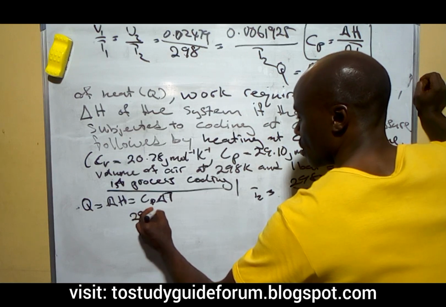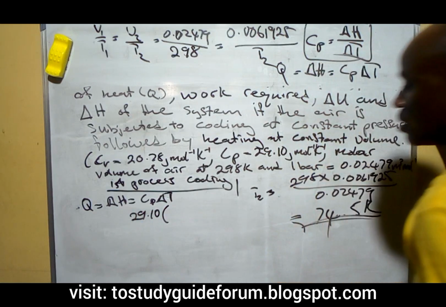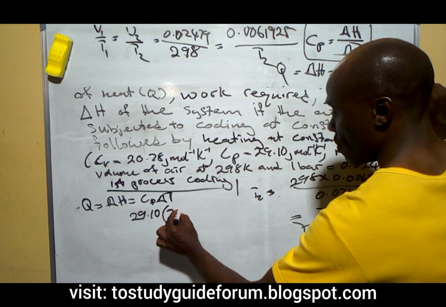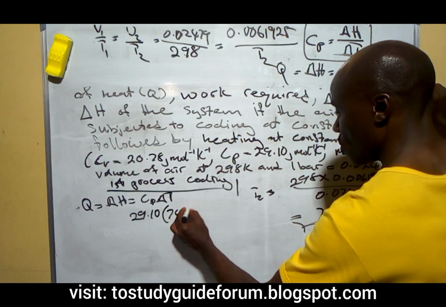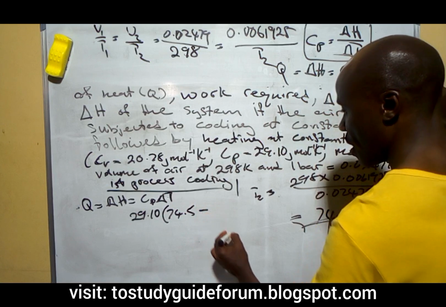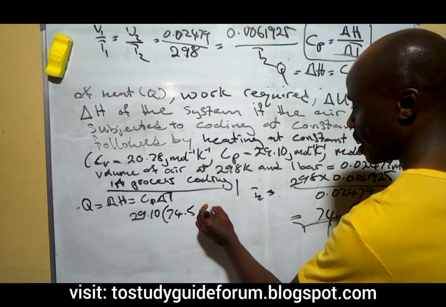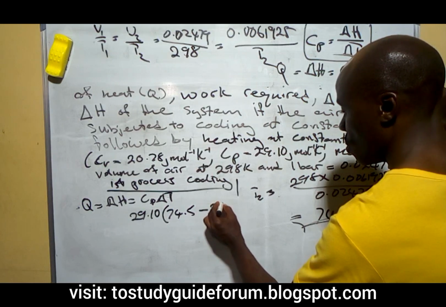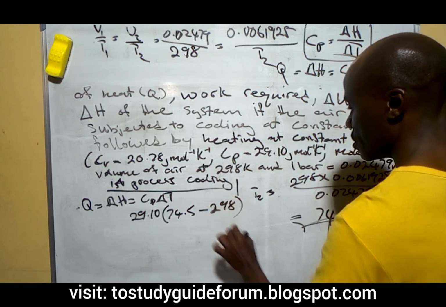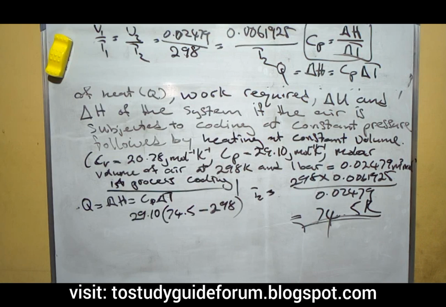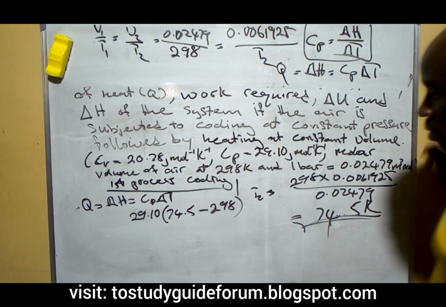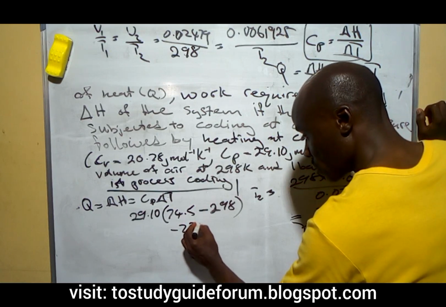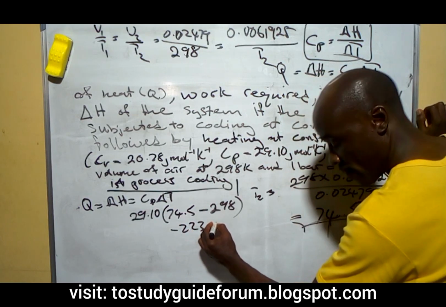At constant pressure to be 29, bracket changing temperature. This is our final temperature minus our initial temperature, which is 298 Kelvin. So when we subtract, what we have here should be minus 223.5